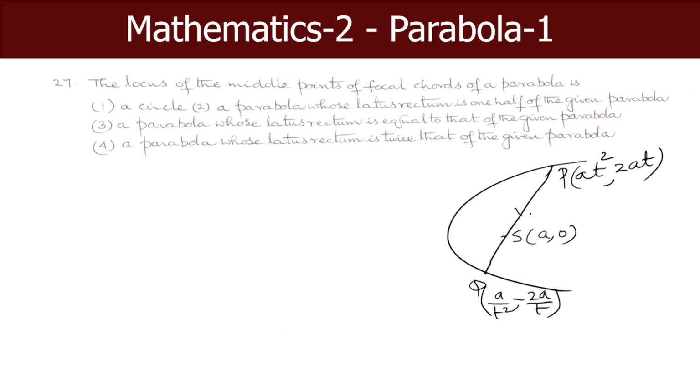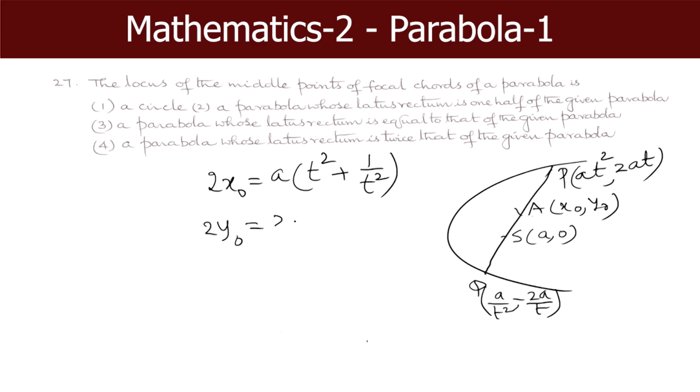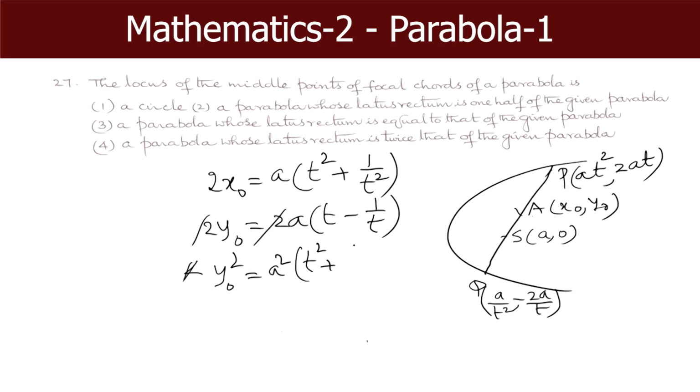What is the midpoint? x0, y0. What is the locus of the midpoint of PQ? This is the focal chord of the parabola, and A is the midpoint. So, A is the midpoint if and only if 2x0 equal to a into t square plus 1/t square, and 2y0 equal to 2a into t minus 1/t. Okay. So, 2 can be cancelled. y0 square equal to a square into t minus 1/t whole square, t square plus 1/t square minus 2,